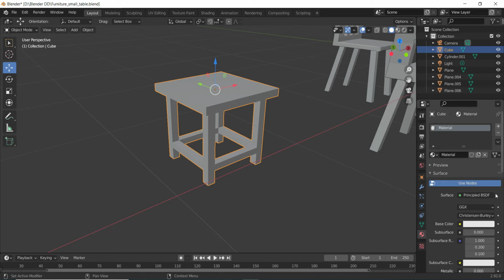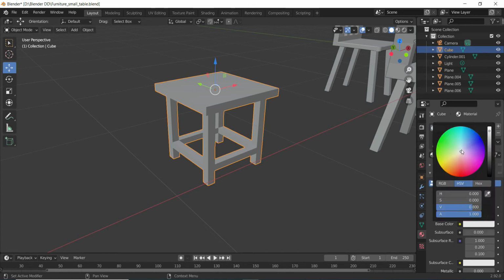So in this, the most important thing which we use to apply color on the object is the option base color. I'll click on this white tab, and this opens up a color wheel. So I can choose any of the colors from this. Let's say for the time being I'll choose some blend between red and yellow, and for the color which you have chosen, you can choose a brighter highlighted tone or a darker tone. So you can see over here how the color is being changed.